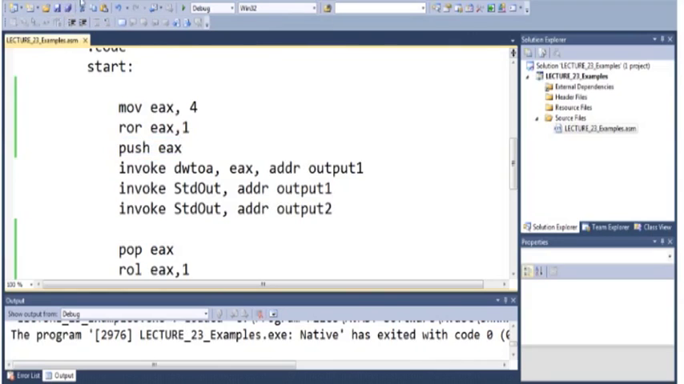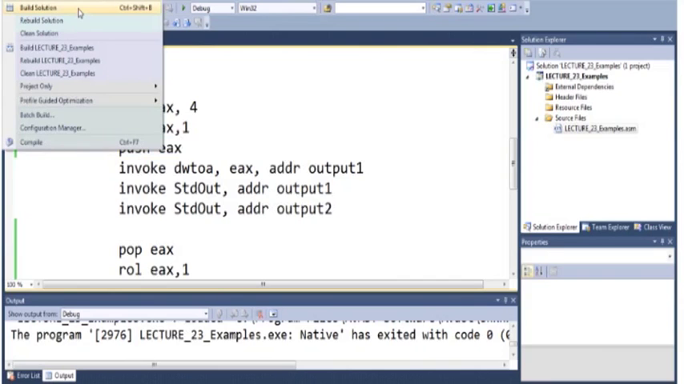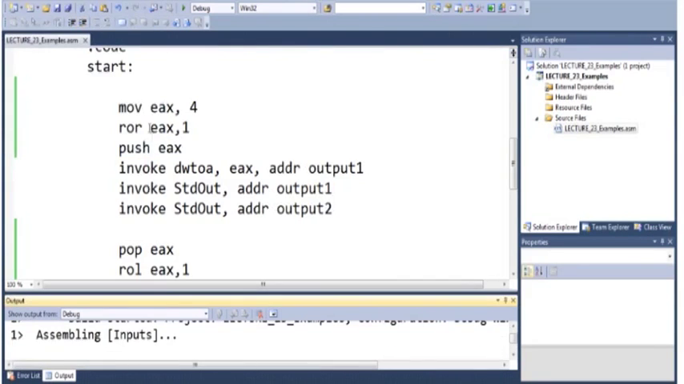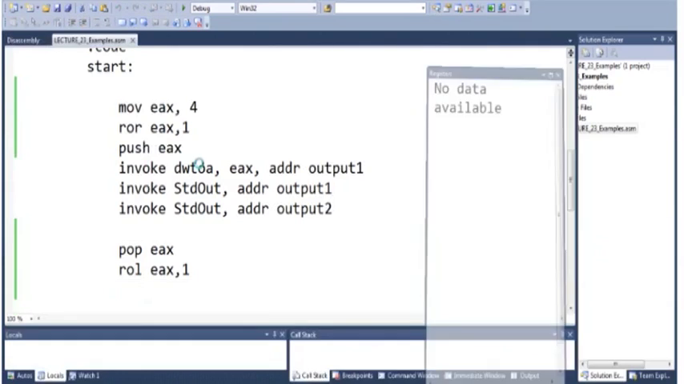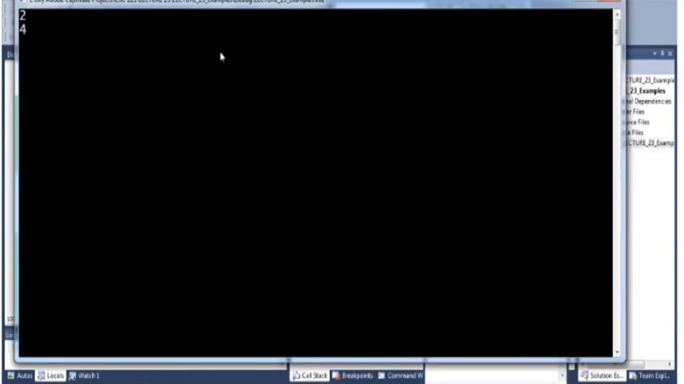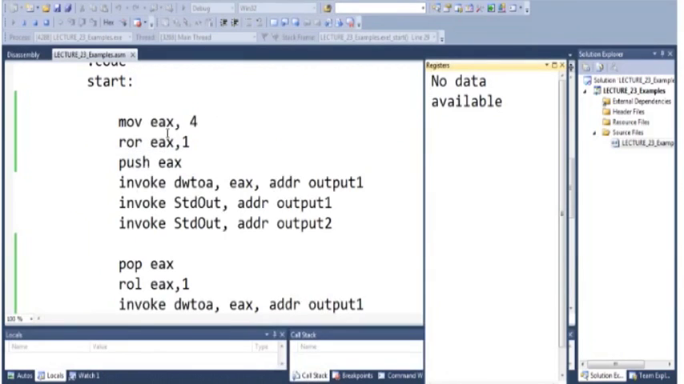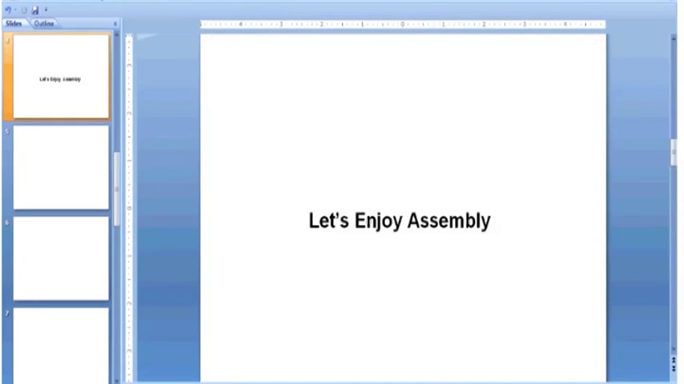So we just build this one, okay, and we just run. So first one is rotate right. Here you can see we have to rotate right. So if we rotate right 4, it will become 2, because you can see here if we want to rotate this one,